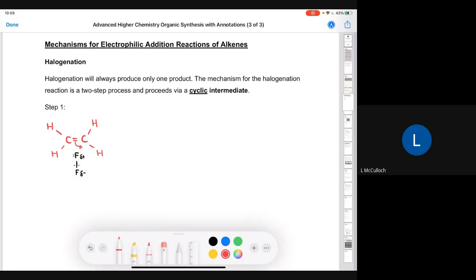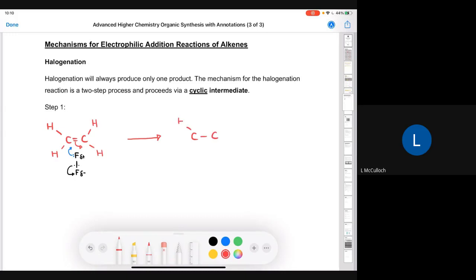What's also going to happen is because this fluorine atom is really close to the carbons, one of the lone pairs on the fluorine is going to form a bond to the other carbon atom. And then the electrons in the shared pair of the fluorine to fluorine are both going to move on to the delta negative fluorine. So if we look at what that's actually going to look like in terms of a product,